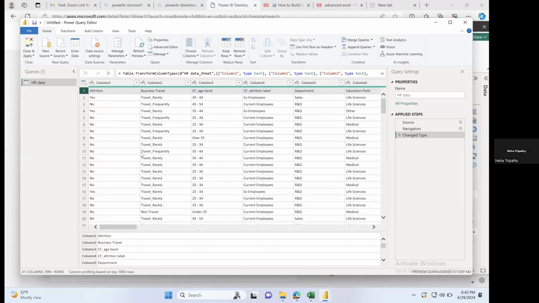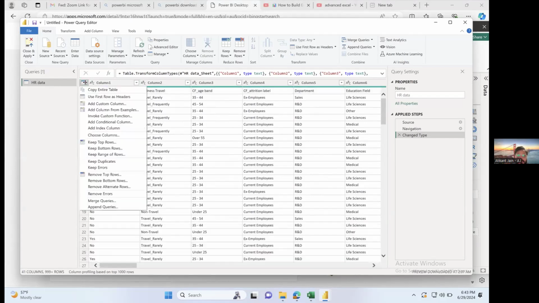Okay. So currently you can see this is a part of my row, but this is my column headers, right? This is a common problem that comes in the data. If you see here, this table symbol and arrow, just click here